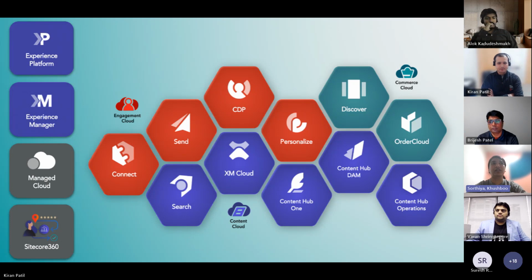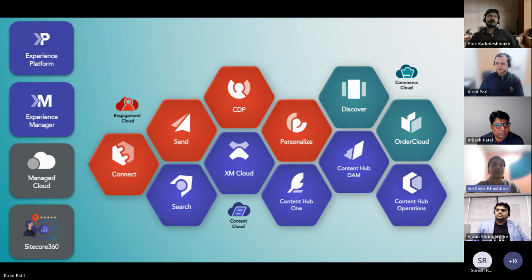And the third group of people involved in our projects would be content authors. In terms of content authors, we have XM and we have the Experience Edge as our delivery endpoint. The main learning for content authors was the publishing process.